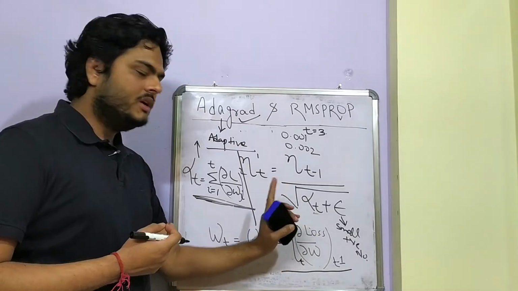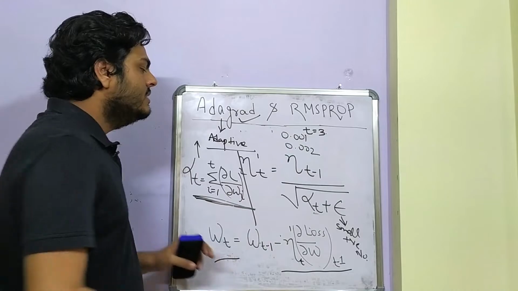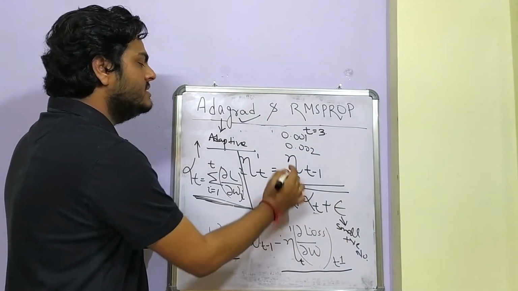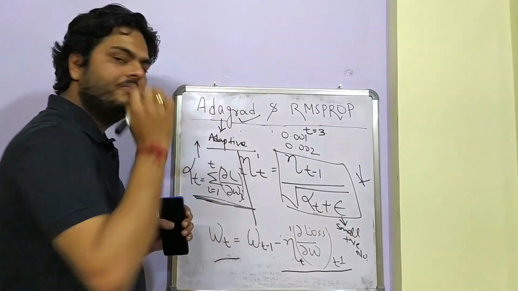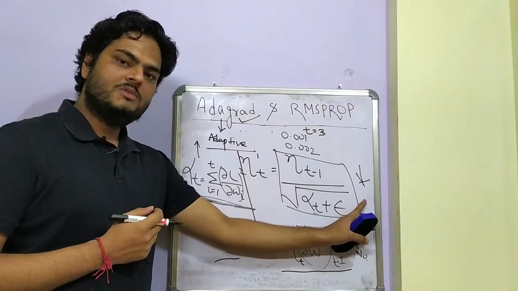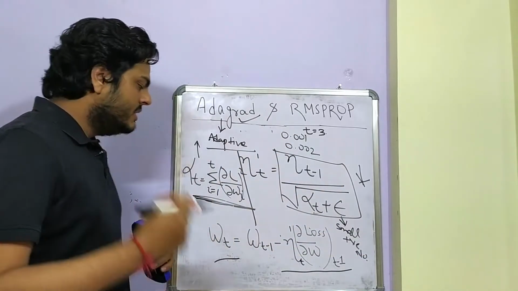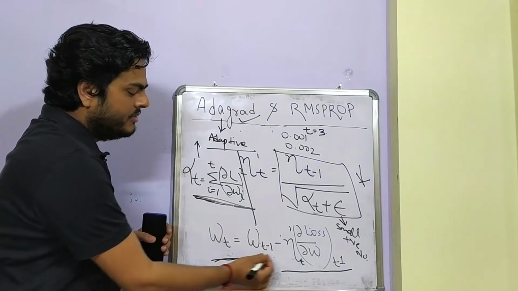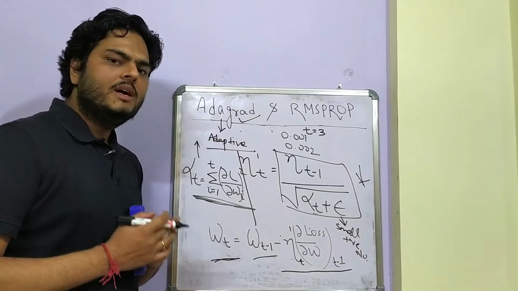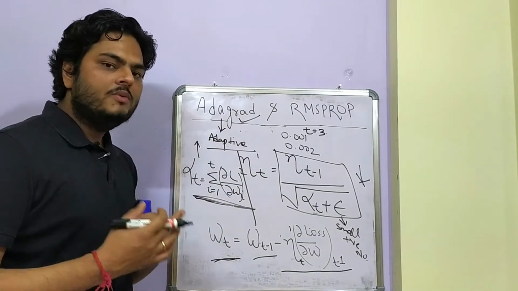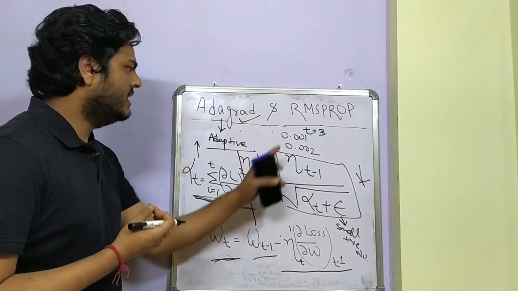What happens if in this equation alpha t becomes very high? If alpha t becomes very high, then the denominator will be high, which means this entire term will become very low. What happens when this entire term becomes very low? When this new learning rate becomes very low, that means your weight optimization will be very minimal, which means the new weight and old weight will almost be the same, and that is what we do not want to happen. We want weights to keep optimizing. The solution to that is an approach called RMSProp.